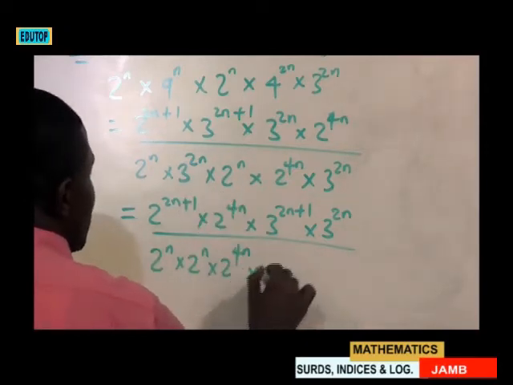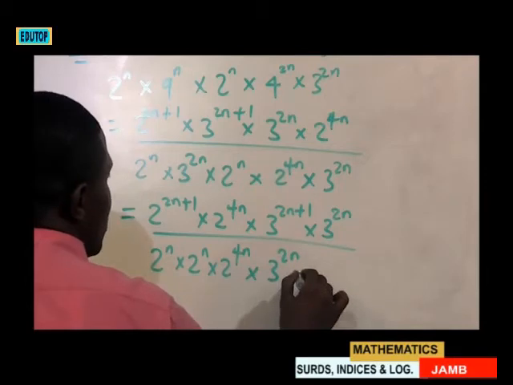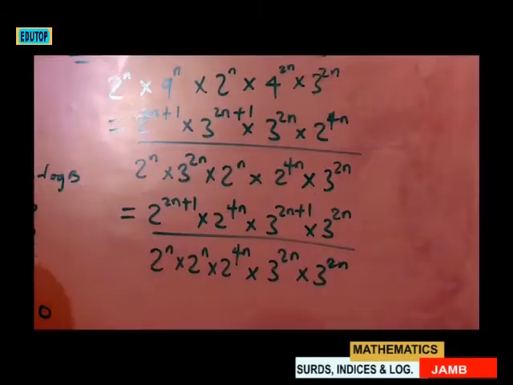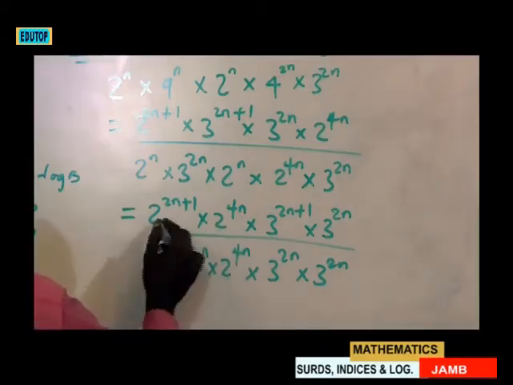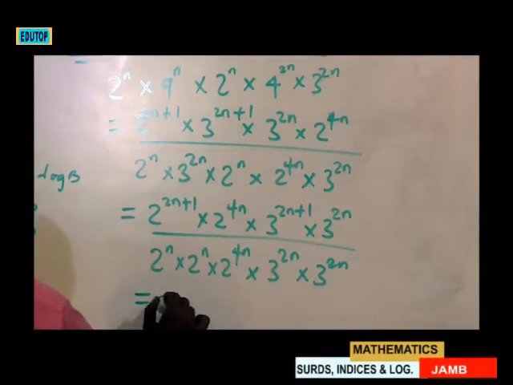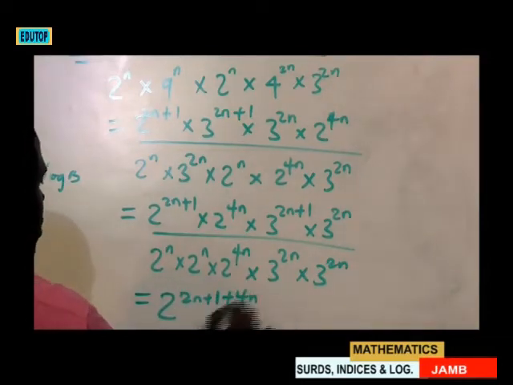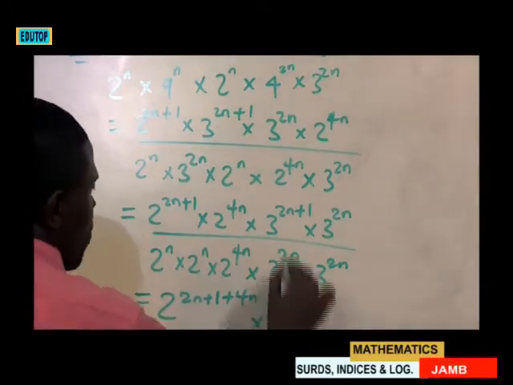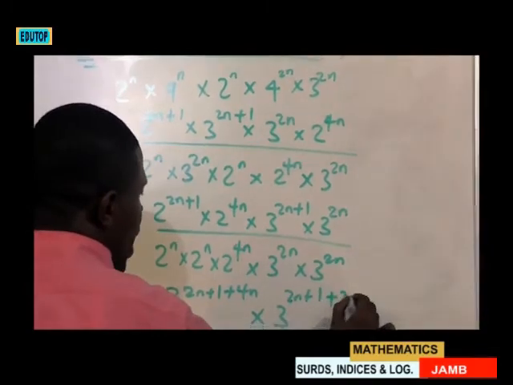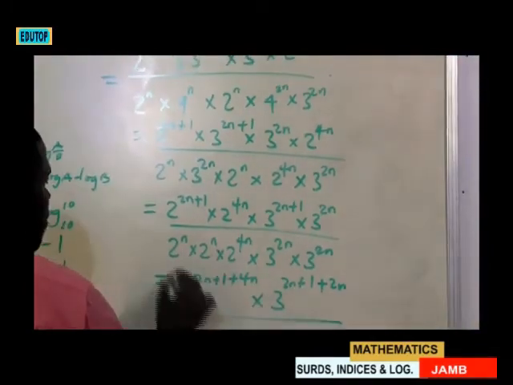And this one is times 3 raised to power 2n times 3 raised to power 2n. Now, here, when you have the same base and there is multiplication, law of indices says that you add the index, so it will be 2 raised to power 2n plus 1 plus 4n. Then times 3 raised to power 2n plus n, the same base, plus 2n over the same base,